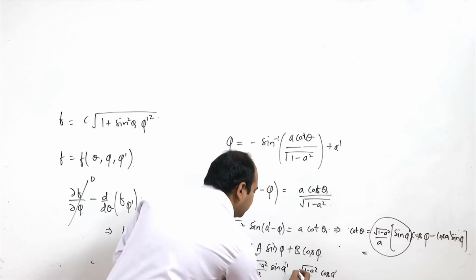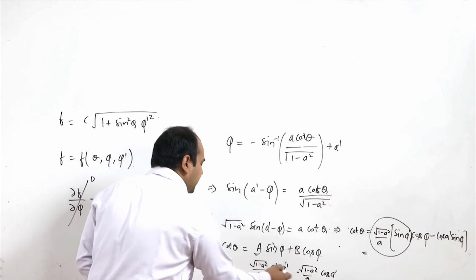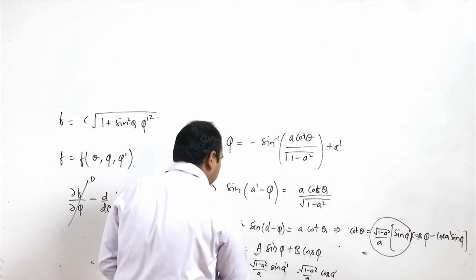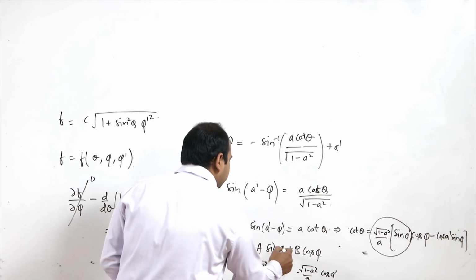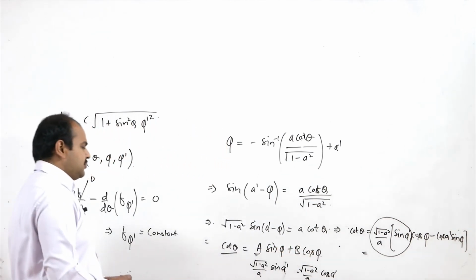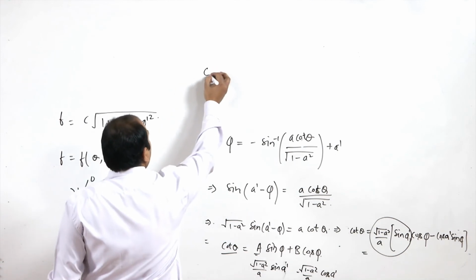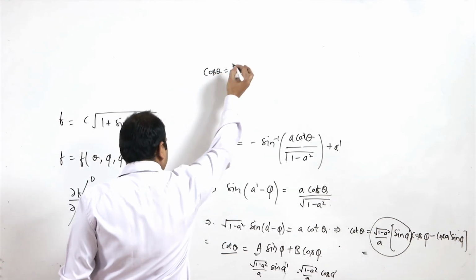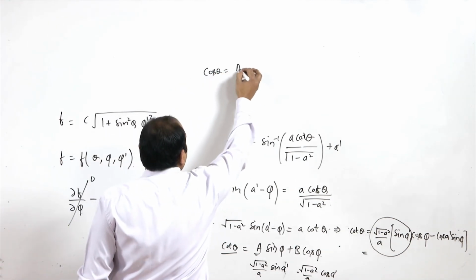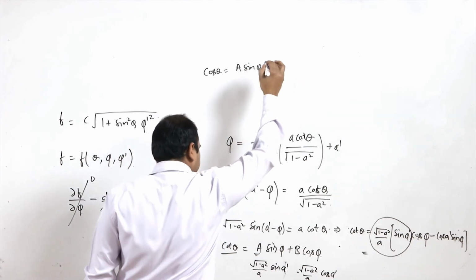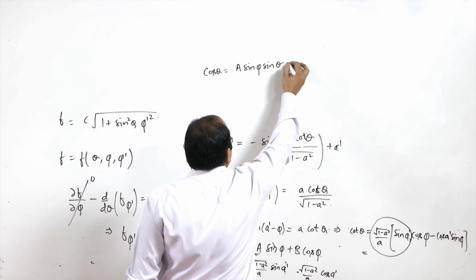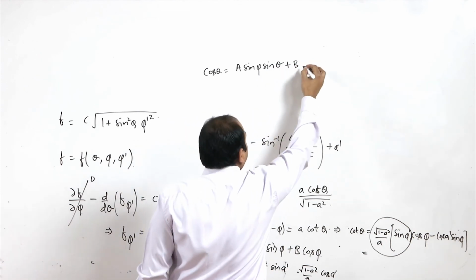Is that okay? So your B is given by this. By taking A and B as these constants, you can write cot of theta is equal to A sin phi plus B cos phi, and if you simplify, you can take cos of theta is equal to A sin phi sin theta plus B cos theta